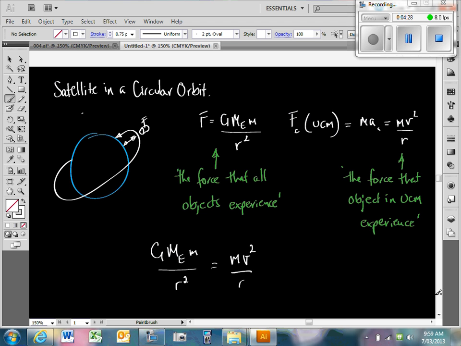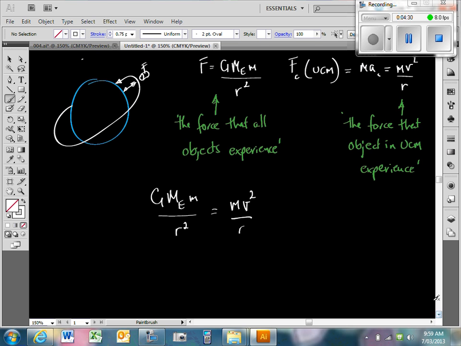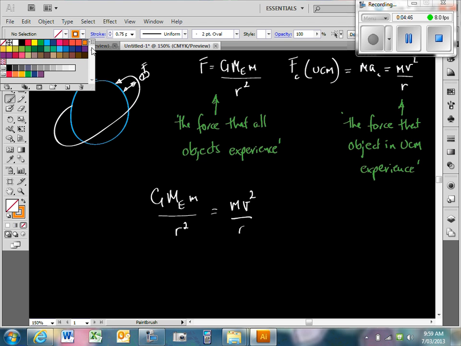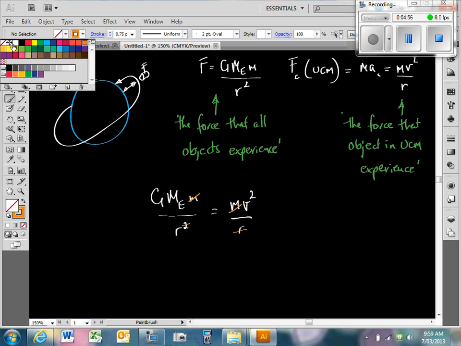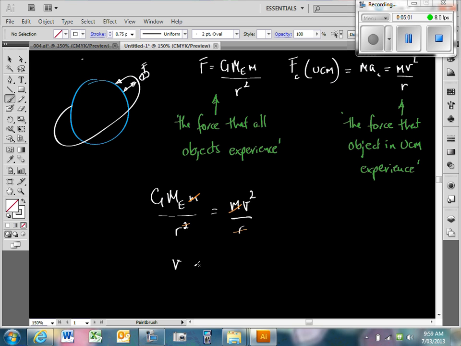There are some cancellations that we can do here. What am I aiming for? I'm aiming for this velocity, to find what this velocity is going to be equal to. So if I move this over there, then we can cancel one of those r's. Cancel it in orange. Cancel that, cancel that, cancel that, and cancel that. We're left with v is equal to the square root of